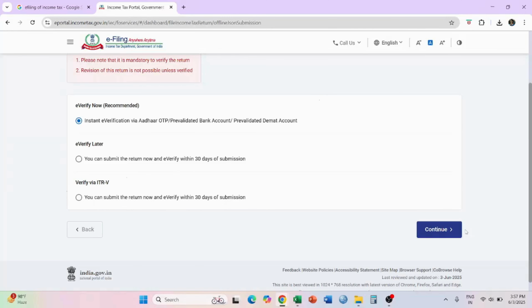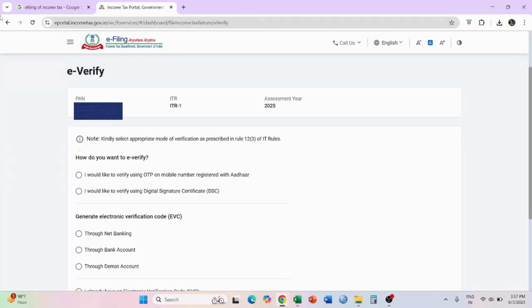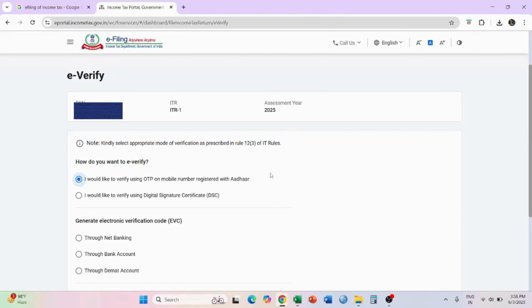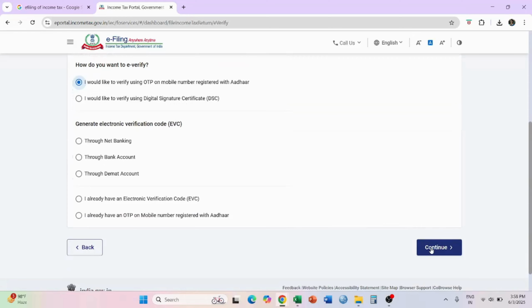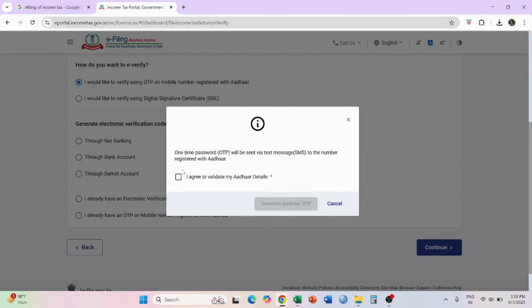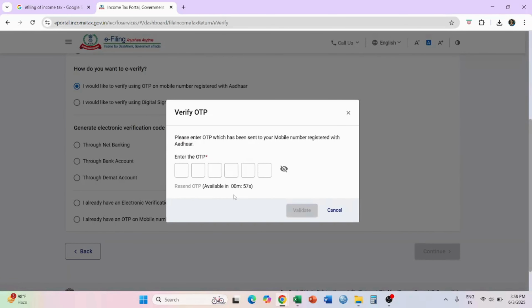I am doing it through Aadhaar OTP, so I am selecting continue, and this is the page that comes. Once you select Aadhaar OTP, you can go through continue. Then you get I agree to validate Aadhaar OTP, generate Aadhaar OTP, and you get this. You will get an OTP on your mobile.